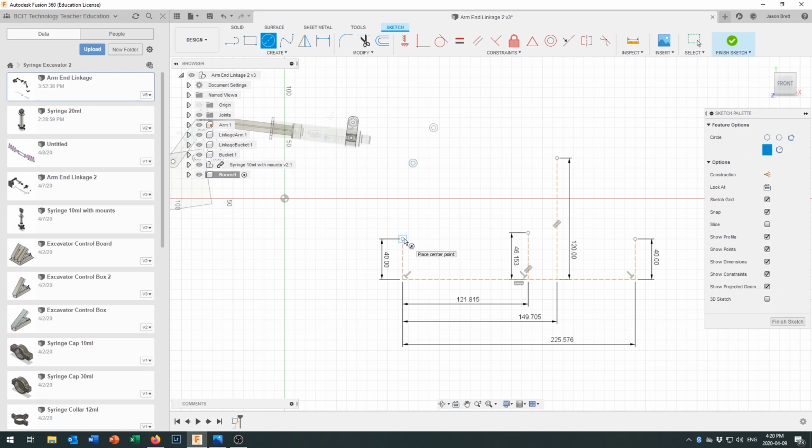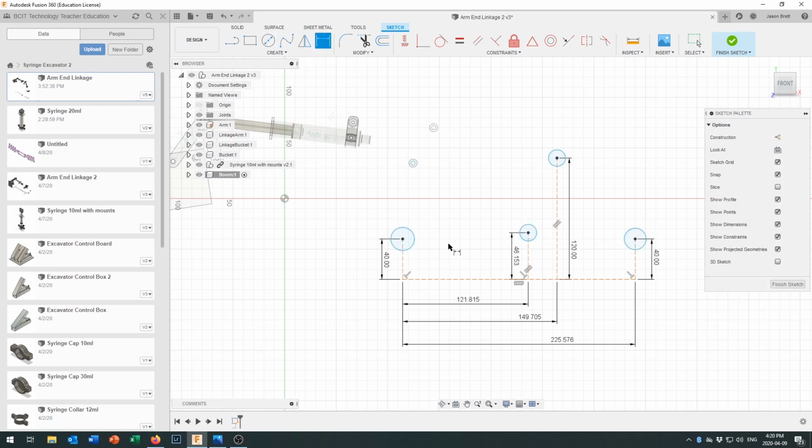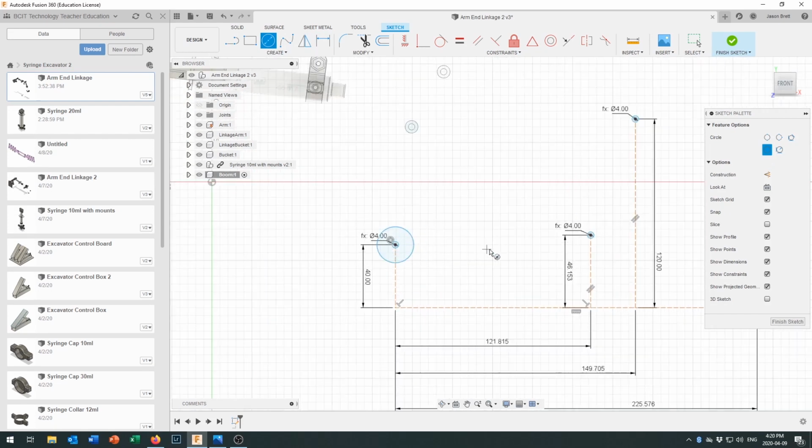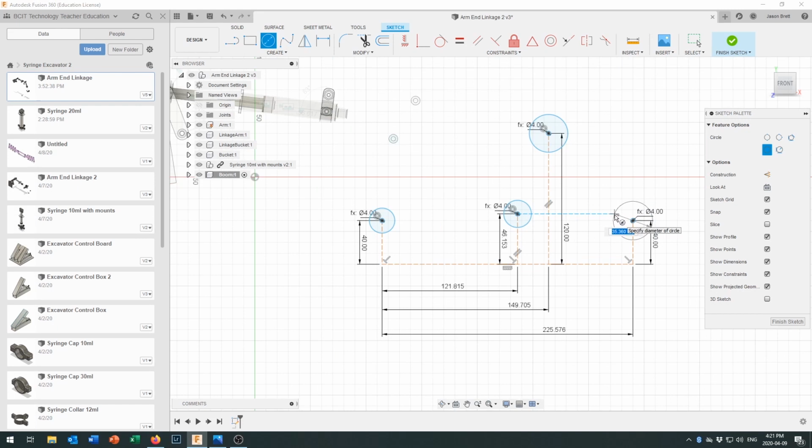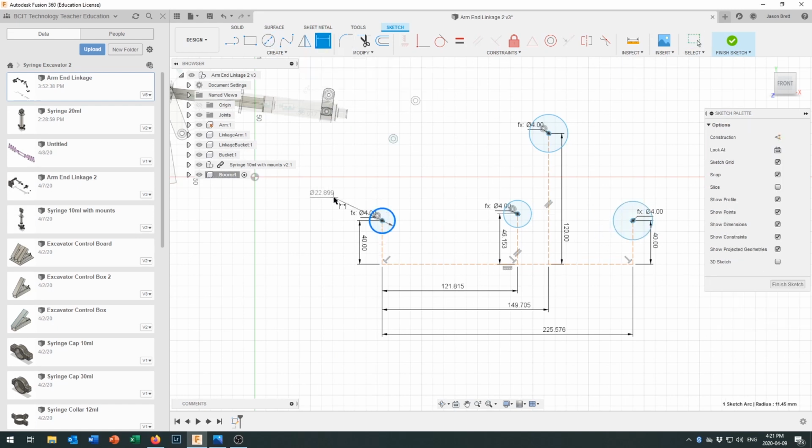Okay, we come along and we put some circles in here. We're going to shrink the circles down to the hole diameter in just a moment here, and there we go. It's the same parameter that we used in the previous drawings. And there we go. Those are all down to size. And now I'm going to put some outside circles around them. Again, just like we did in the last one, but this time around we're going to try something a little